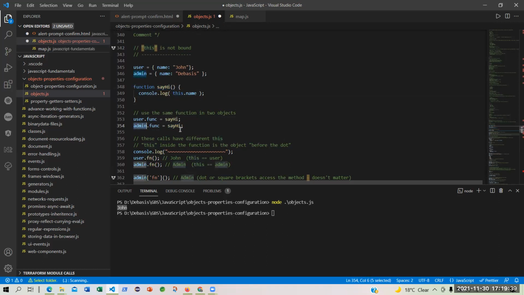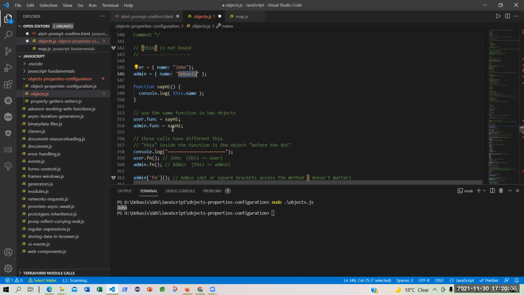Whenever you are assigning this sayHi to admin, which one will be the name? Whenever you say console log this dot name, what will it print? SayHi is the function to print out the value of the property name. It can either print John or Debashish.